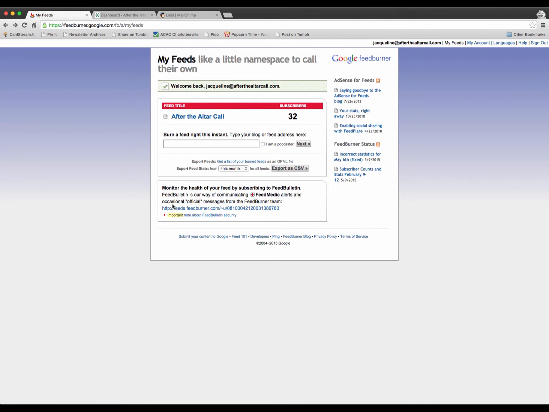So for importing lists, I'm going to show you two different things that might happen depending on your situation. One is, what if you have set up Feedburner in connection with your blog, and you want to be able to get those email subscribers out of Feedburner and into something that gives you more opportunity and customization, into MailChimp, basically. And this is a process I went through myself after using Feedburner to serve up my blog via email for many years. So I had a lot of people in this system, hundreds, that I needed to get over